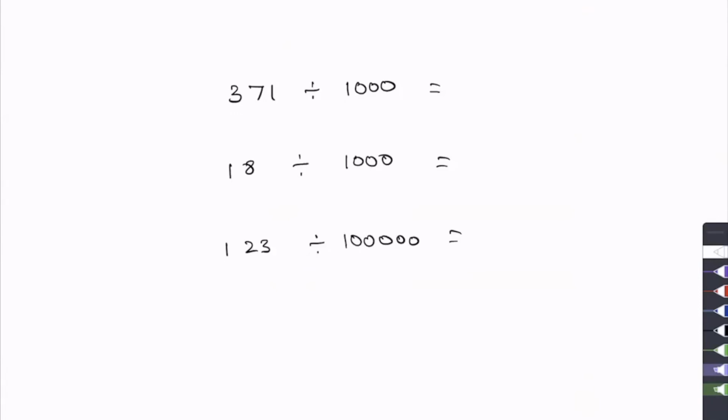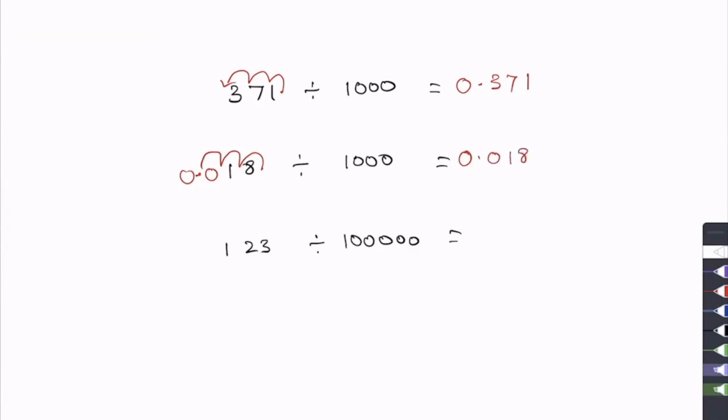In the first one, we're dividing by 1,000, which is 3 zeros. So the decimal point jumps 3 places to the left, so it goes in front of the 3. So the answer is 0.371. In the second one, we move 3 spaces to the left because we're dividing by 1,000 again. So it moves there, there, and there. So we have a 0 there and 0 at the front. So the new answer is